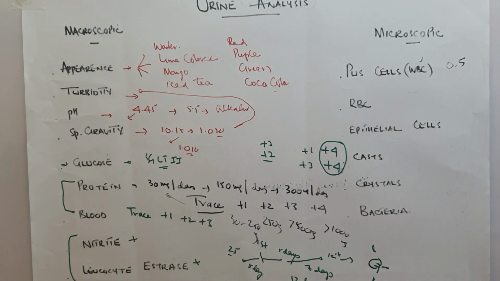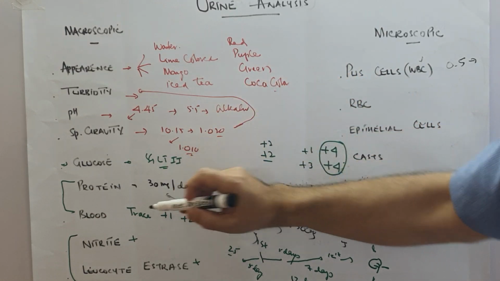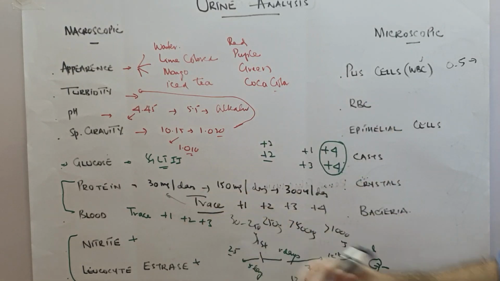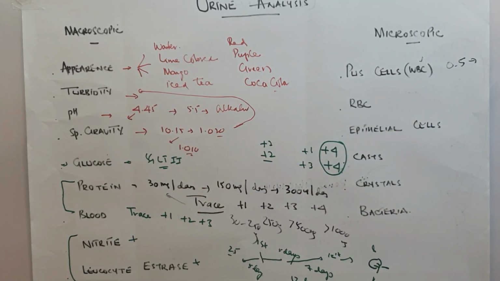Not all pyuria means that there is a urinary tract infection. In fact, there are conditions in which we can get pyuria without there actually being a urine infection. So if you've got numerous pus cells in the urine, you must always go and see whether there is blood or not. You must always confirm whether there is nitrate or not, and whether there is leukocyte esterase or not. And not only that, you must also look at the specific gravity. You must always look at the pH, the turbidity, the appearance, because just the mere presence of pus cells